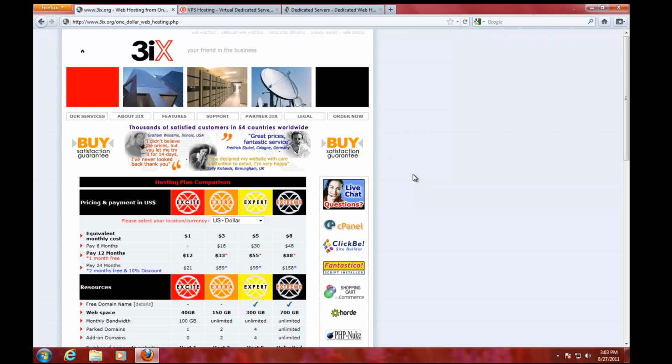So you've done keyword research, you've registered your domain name. Now you need to take care of hosting. You need to have a little bit of space on the web in order to upload your files to and offer your services. Now, there are basically three